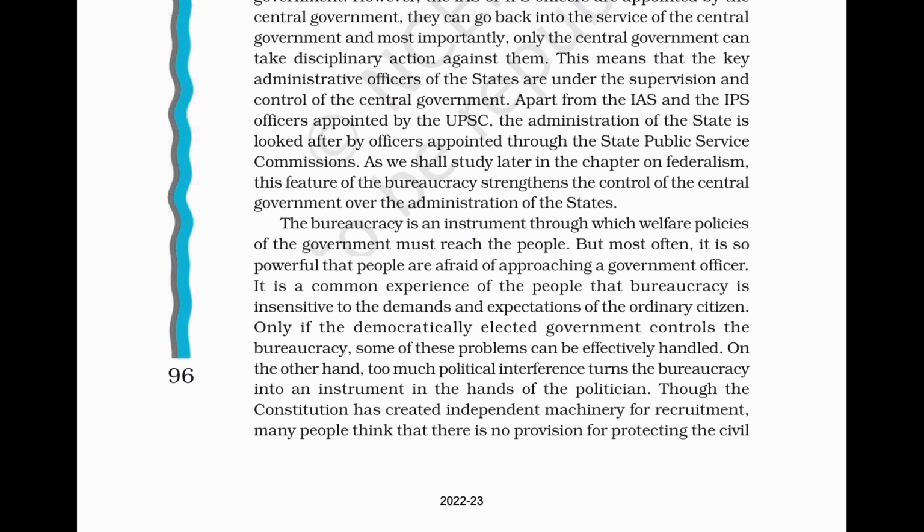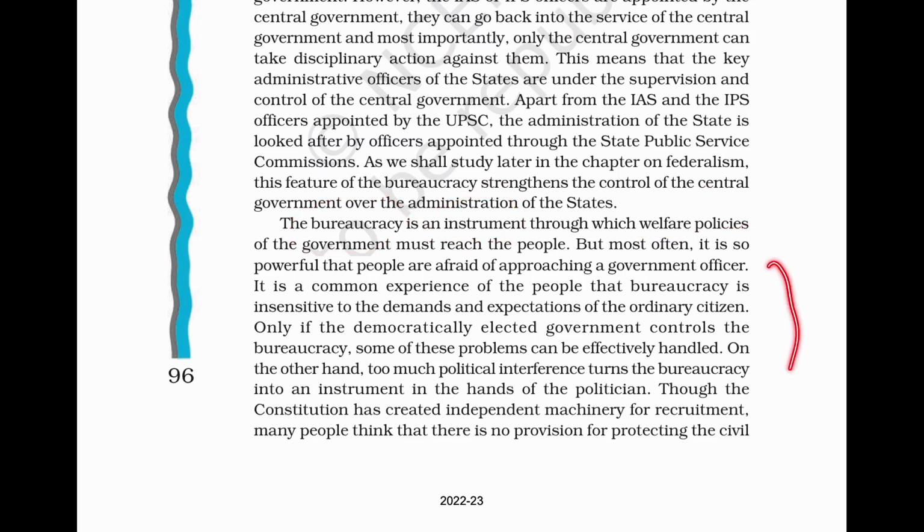So the key administrative officers are under the supervision and control of the central government, but they will work in accordance with the states that they will be posted. Then you will have the different state officers also, जो State Public Service Commission द्वारा appoint किए जाएंगे. They are very important instruments because they take care of the welfare policies जो लोगों के लिए बनी होती हैं,